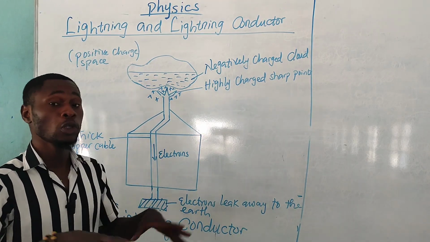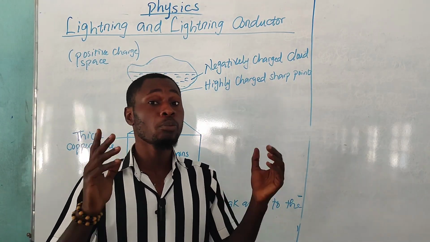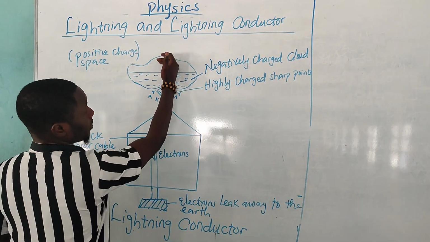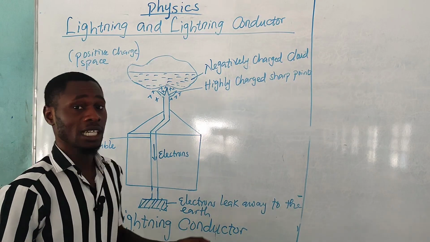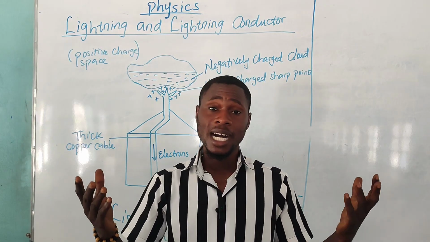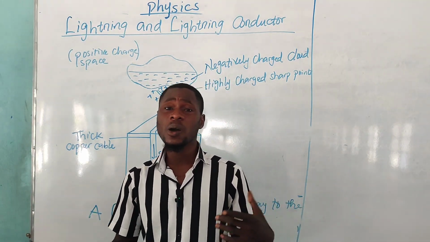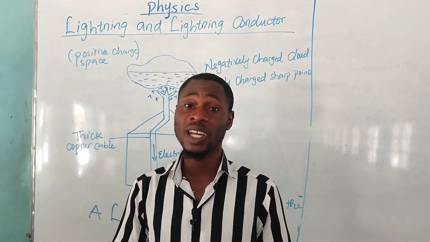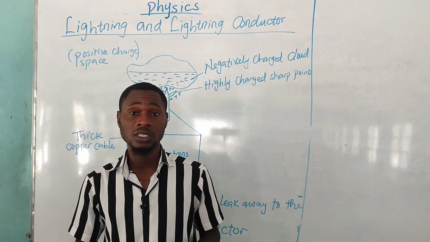earth. Although they will not be much, because most of the negatively charged cloud has already been discharged by the positive space that is built up high up in the atmosphere. So generally, this is how a lightning conductor actually works in order to prevent a building from